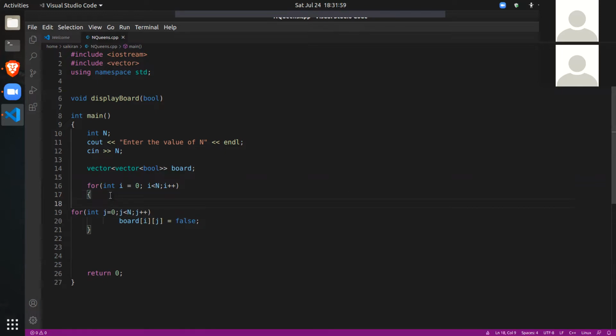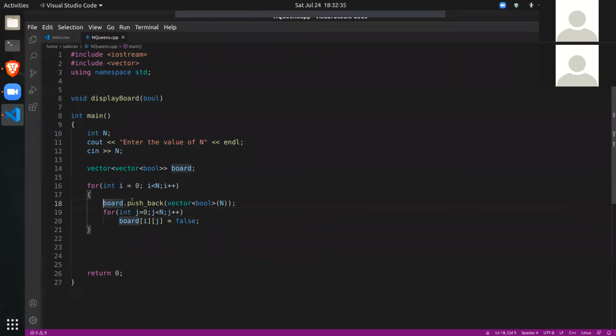For each i, we'll need to push back a vector, that is, we'll push one row. Initially we don't have anything. Our board is nothing. We'll have to build our board one by one. So first we'll add one row. The way we do that is board dot push_back. We'll push back an empty vector, and this will have one row, right? So it will be n elements.